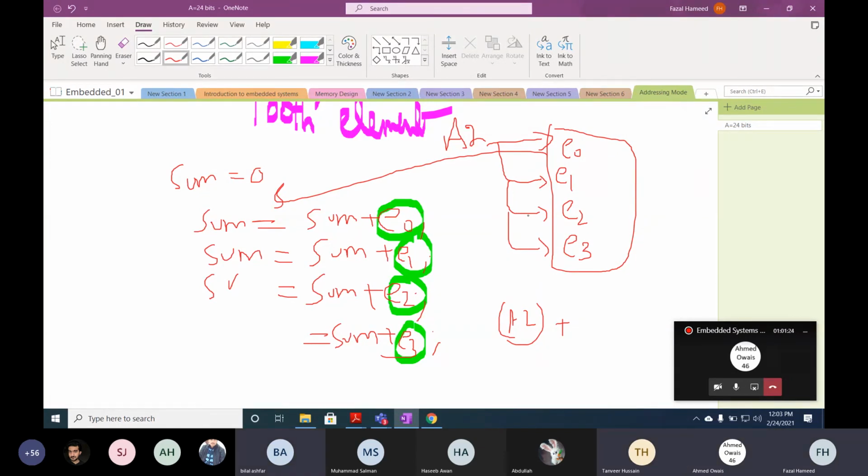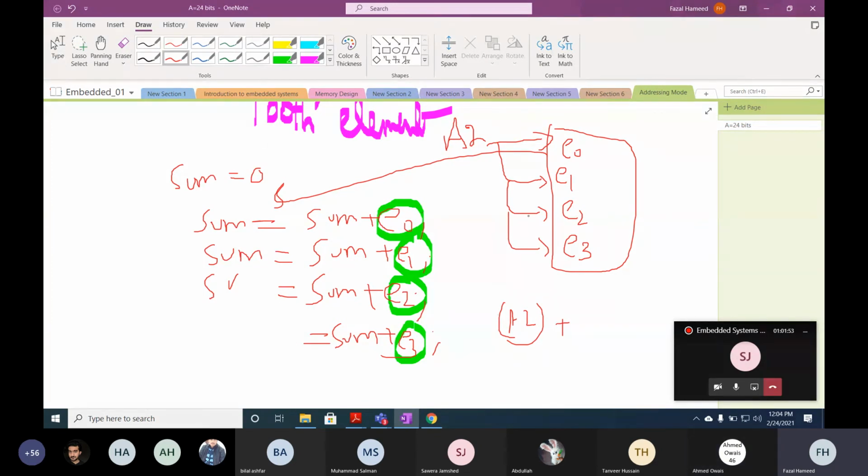Now, in which scenario will you use register indirect with displacement addressing? Can you think of a scenario? If we have to update a value in the array. No. If we use register indirect with displacement, we are only interested in a single element.